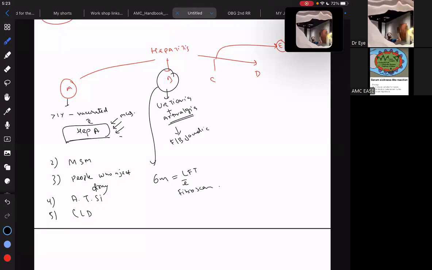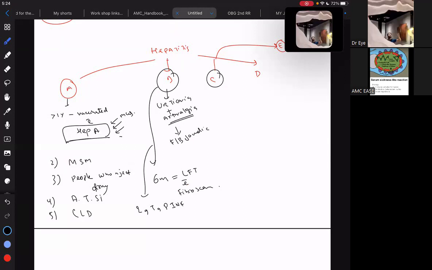Please remember this. Treatment is entecavir, tenofovir. We can also go for the peg interferon, and we have the hepatitis B vaccine. So we have entecavir, we have tenofovir, we have pegylated interferon also. That's it. Now for hepatitis C,